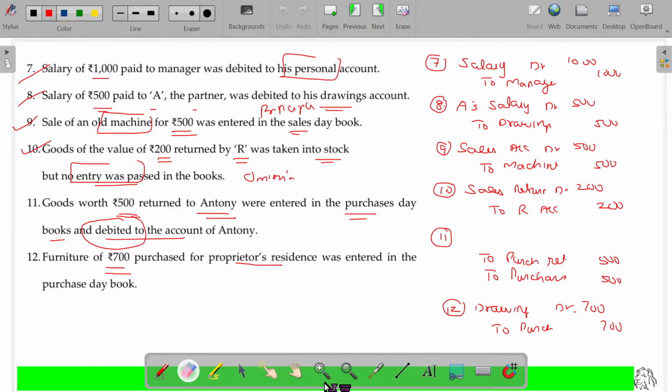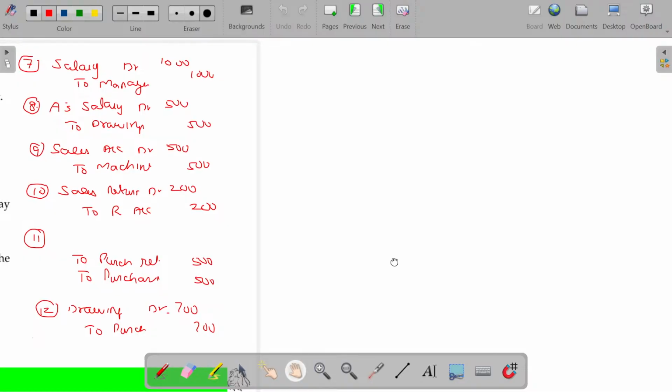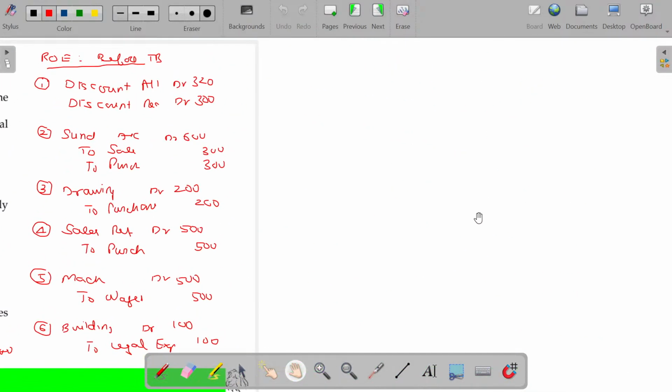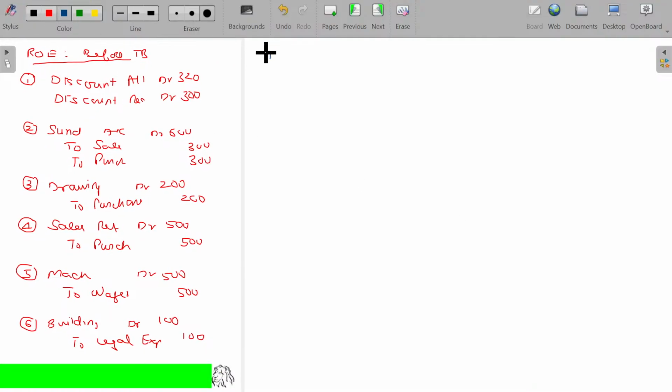For all the 3 models, I may solve the same illustration. What happens if the error is rectifiable after the trial balance, but before final accounts, between trial balance and final accounts? How can we proceed? If any one side is missing, then we have to name it the suspense account in this case. So in the first question, definitely we have the suspense account. The entry be